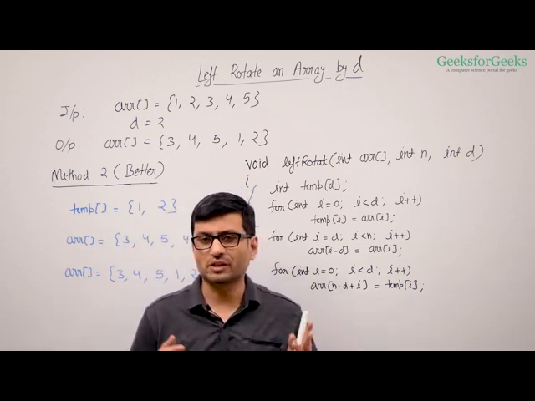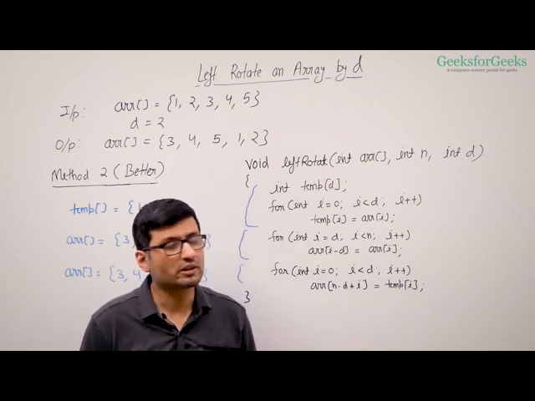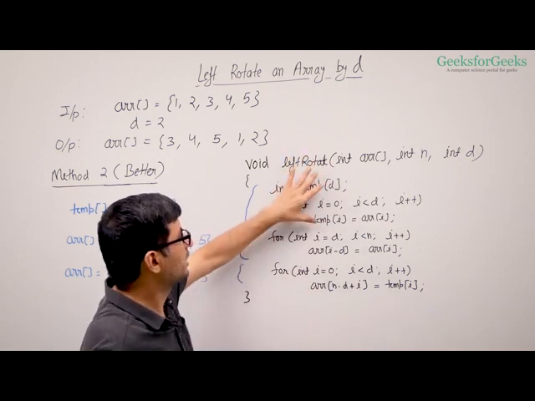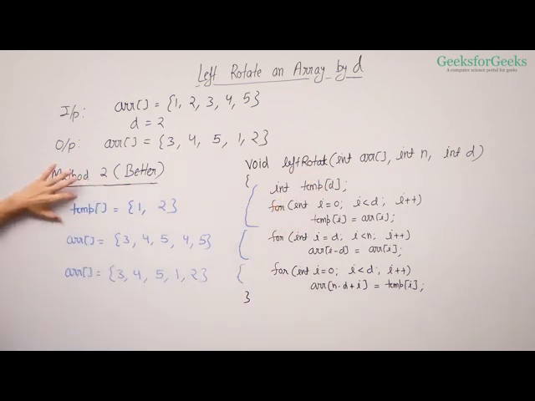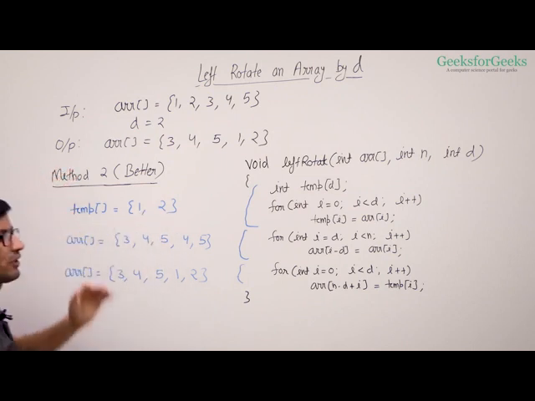Here we copy the first d elements into a temporary array. So we create a temporary array and copy the first d elements. And that's what our temporary array contains. D is 2, so we copied the first 2 elements. After that,